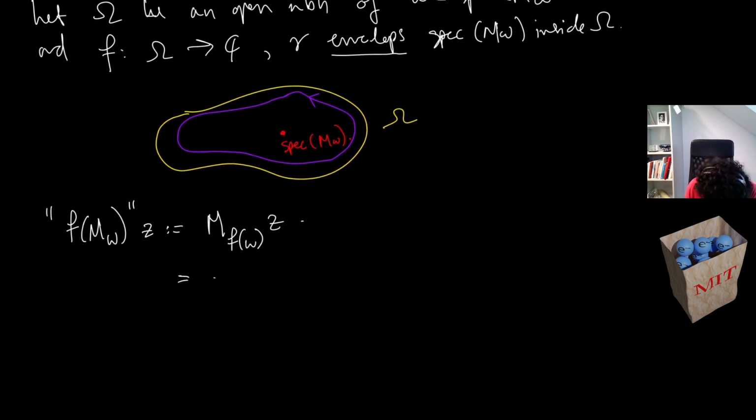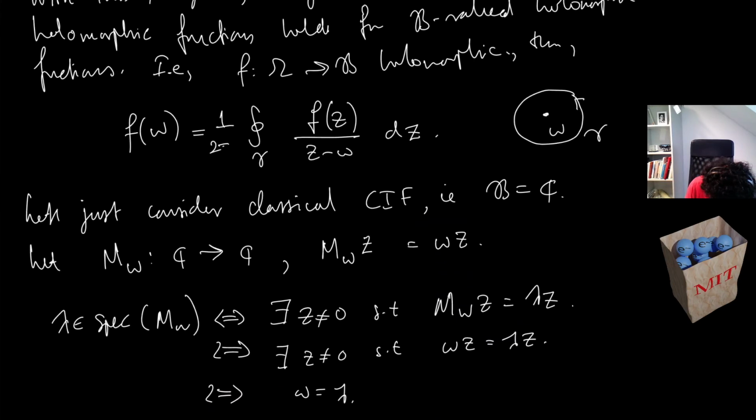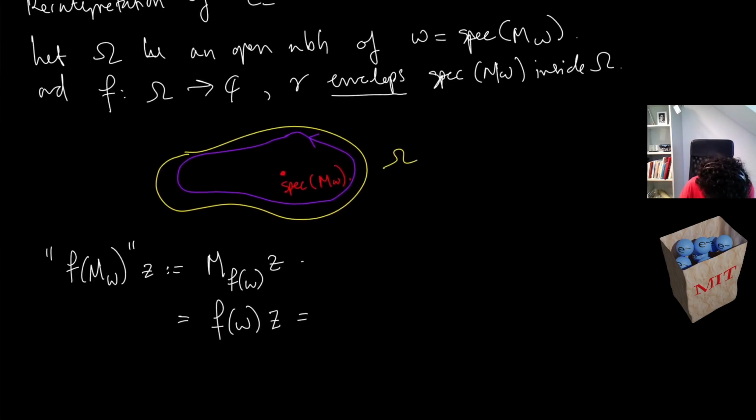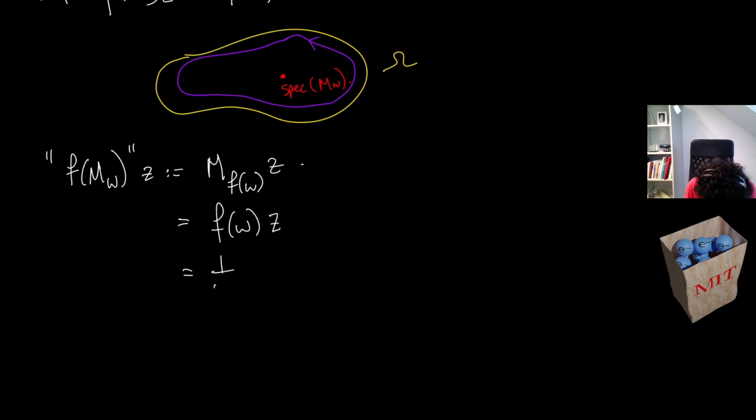And so this is equal to f(ω) acting on z, which is equal to, so I think I forgot the normalization here, I'm sorry, 1 on 2πi. And this is exactly what? This is 1 on 2πi of f(ζ)